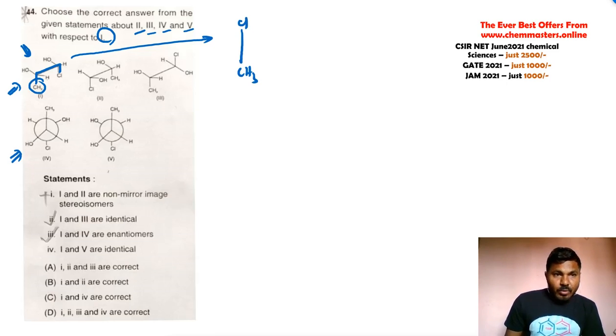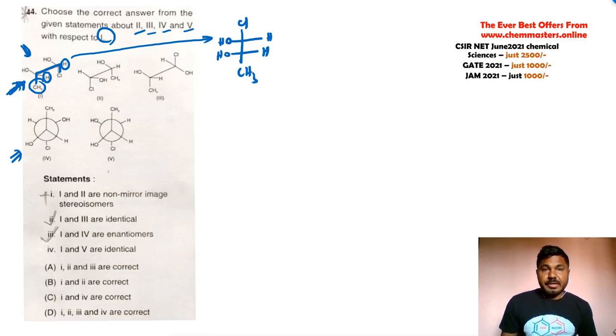Now when you look at this sawhorse projection from here, these two hydrogens are on the right side to us, and these two hydroxy groups are on the left side to us. So just listen carefully and draw. If you have a pen and paper, just draw along with me. Right, and this is the one. Now just try to draw the second